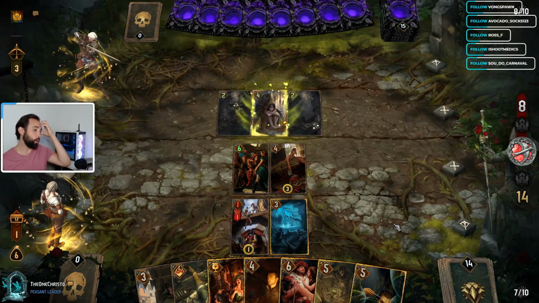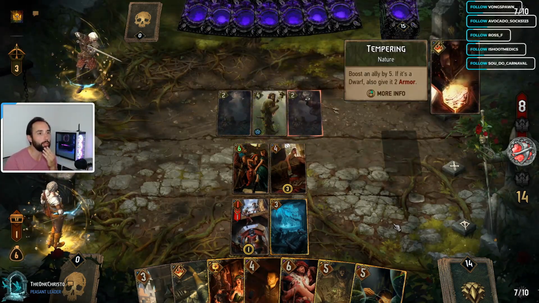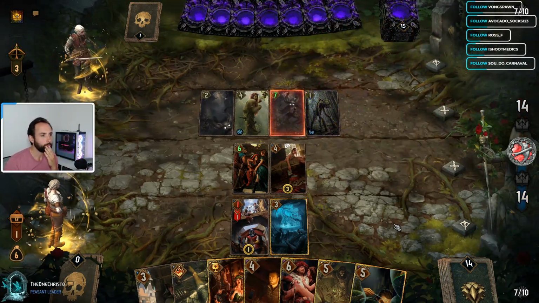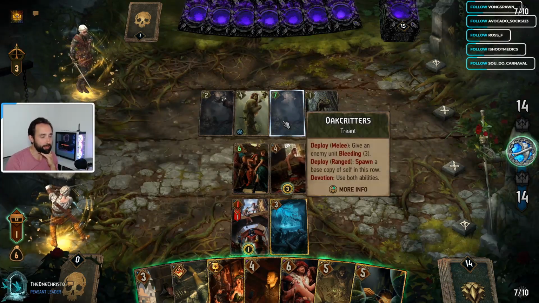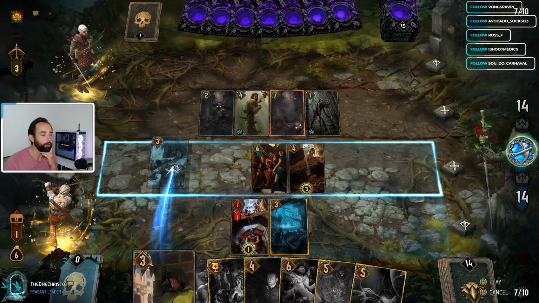Because we have, like, okay bronze cards. Depending on what he plays, like, next card Symbiosis related, right? Tempering. That's interesting. We can scare him off with a poison, I think. Though the Purify card is probably just going to happen, so...